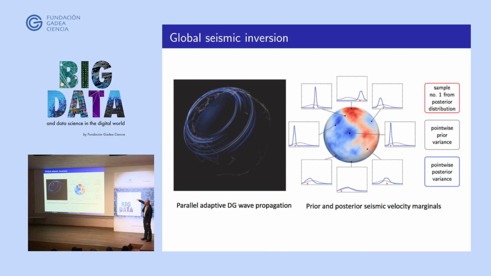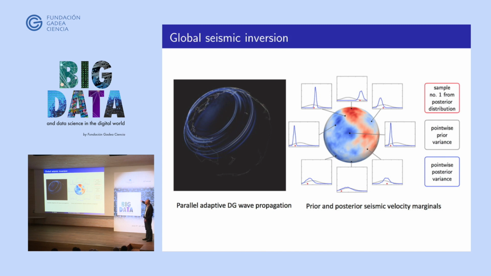This is actually the Tohoku model of the Tohoku earthquake. The waves are propagating, and we have seismometers around the Earth that measure these seismic waves. And we want to take the seismic wave measurements and go backwards through a wave propagation model to infer the structure of the Earth. And you can see this is done here in the Bayesian setting, where the prior is essentially non-informative. We just have, you see these in gray, these are point-wise marginals, and in blue is the posterior. And you can see there's a significant concentration.